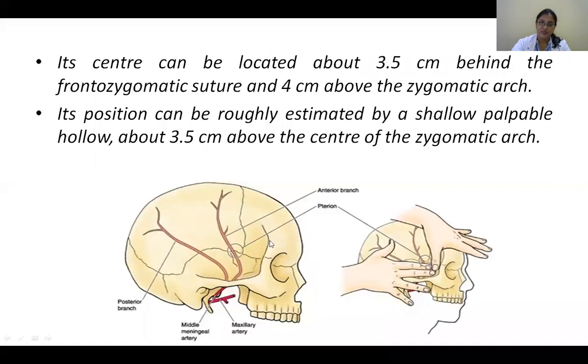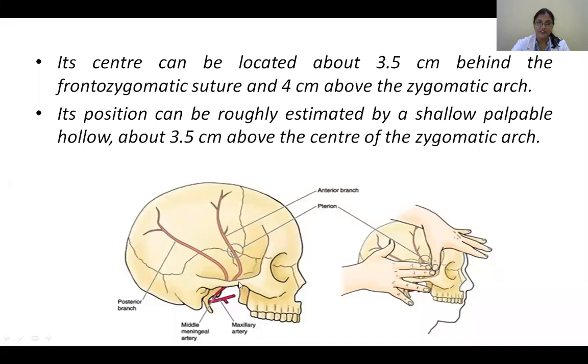So roughly, here you can see this is the frontal bone, and this is the zygomatic bone. I told you this is your zygomatic. So the frontal process of the zygomatic bone and the zygomatic process of the frontal bone come together. You can see there's a suture line here, telling that these 2 bones are fusing here. So from this point, behind you go, okay?